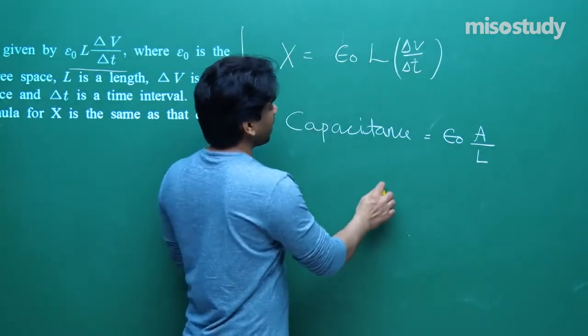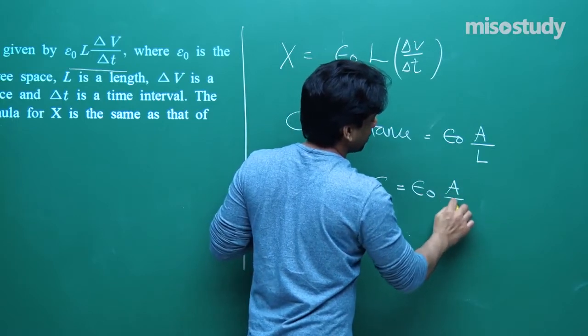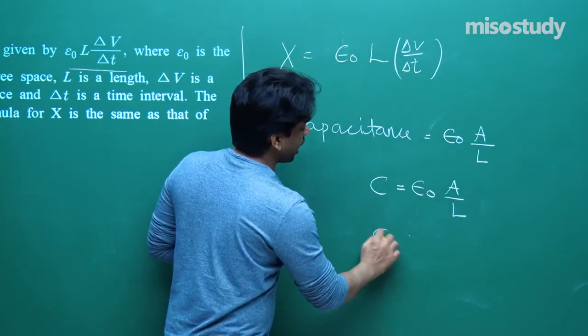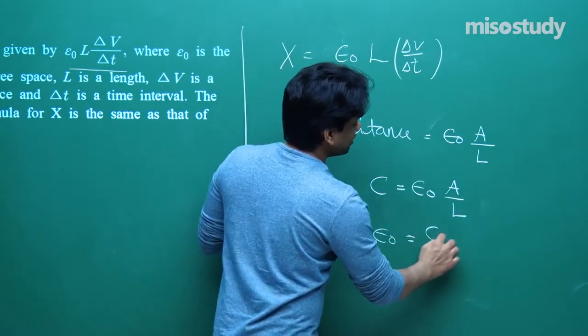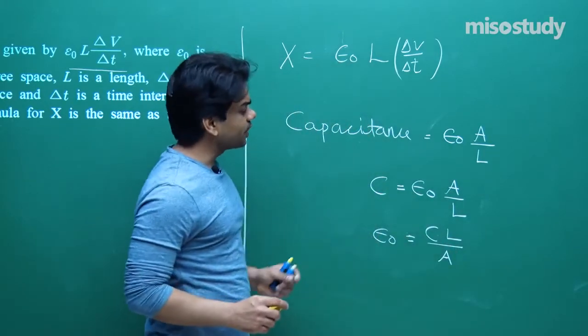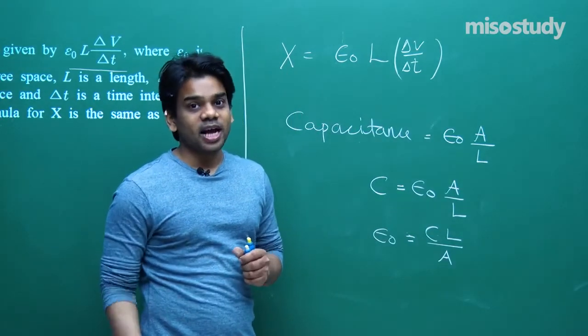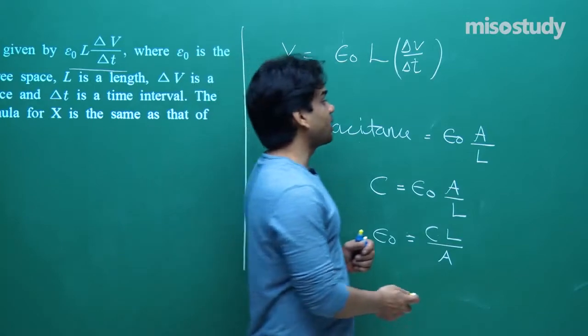So from here, if we write C is equal to epsilon naught A by L, then epsilon naught will come out to be CL by A. One term I have written, and you will understand why I have written this term. Next, you see, actually what is C? C, we can write, capacitance is